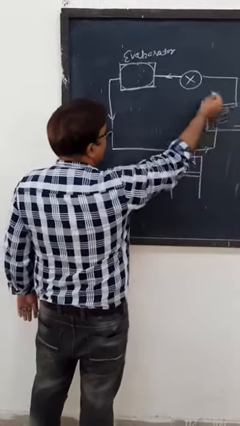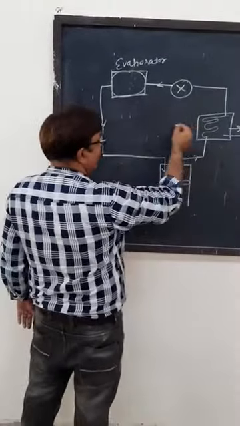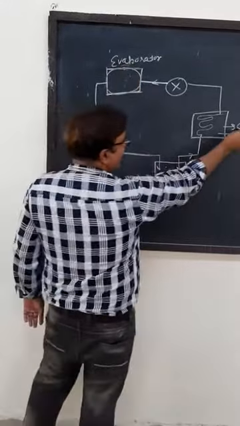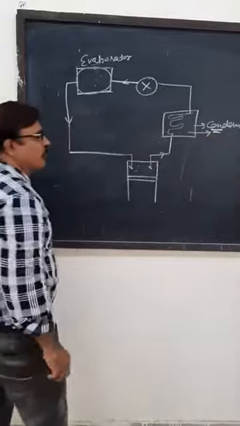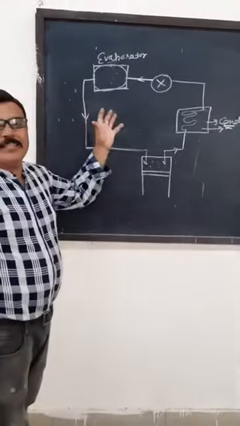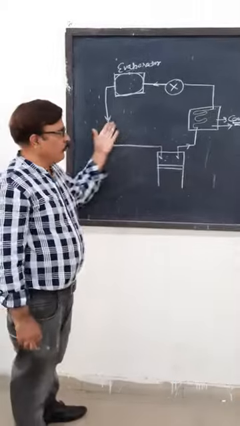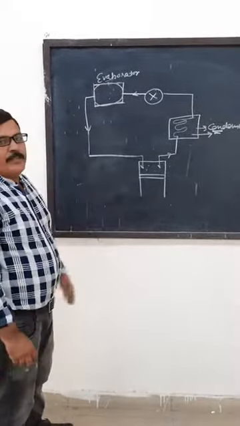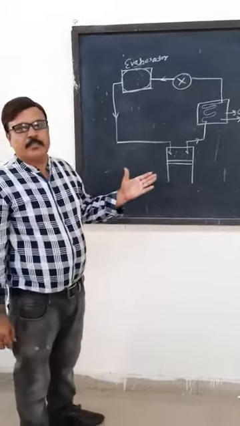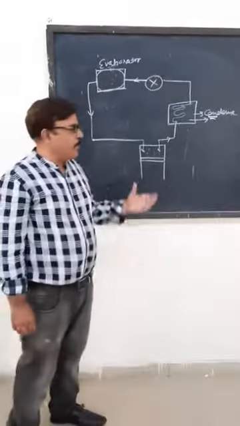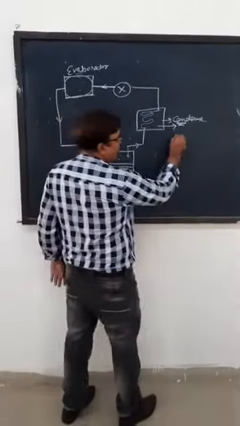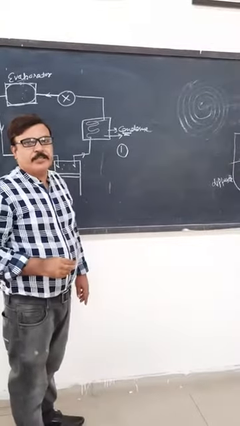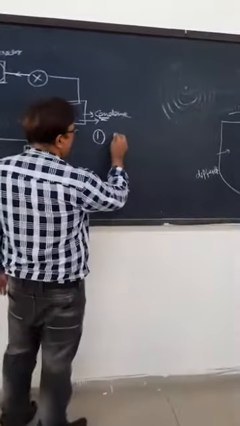So the refrigerant is flowing inside this circle, extracting the heat from the evaporator and rejecting the heat in the condenser to the surroundings. The refrigerant is the main medium through which heat is extracted and rejected to the surroundings. So this is all about the vapor compression cycle. In our very first practical, I am going to explain the different compressors which are used in our refrigeration and air conditioning cycle.